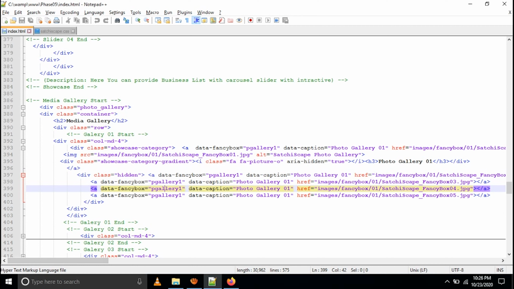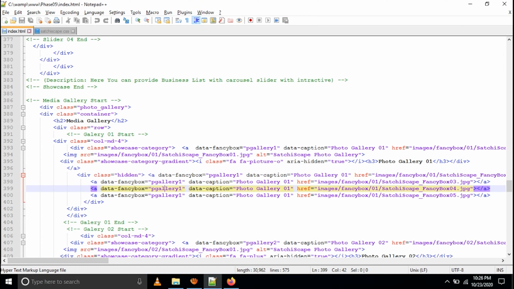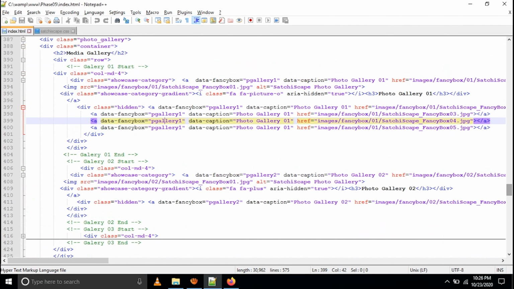then you go to column MD4. The same you can see here. And also, guys, you can give your own data captions. Instead of photo gallery 1, you can give anything related to the photos. If you want to show this is 2020 so-and-so's photo, you can write that everywhere. Each photo can have its own data caption. In photo album 2 you can see PG gallery 2, PG gallery 2. So every album is defined by a different ID.